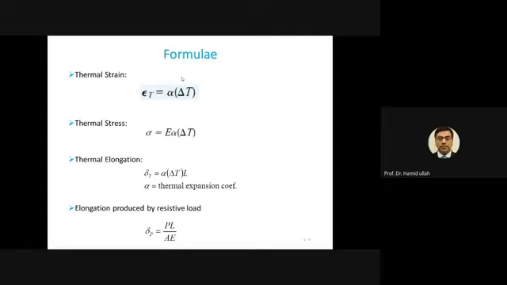Just to refresh, you remember in the last lecture, when we were talking about thermal stresses, in the explanation we went through a number of mathematical formulations, formulas, equations, or mathematical models. These are the mathematical formulas you will need to calculate the quantity. The quantity may be thermal stress. On the top equation, you can see epsilon T. Remember, this is the thermal strain. So this is the relation.